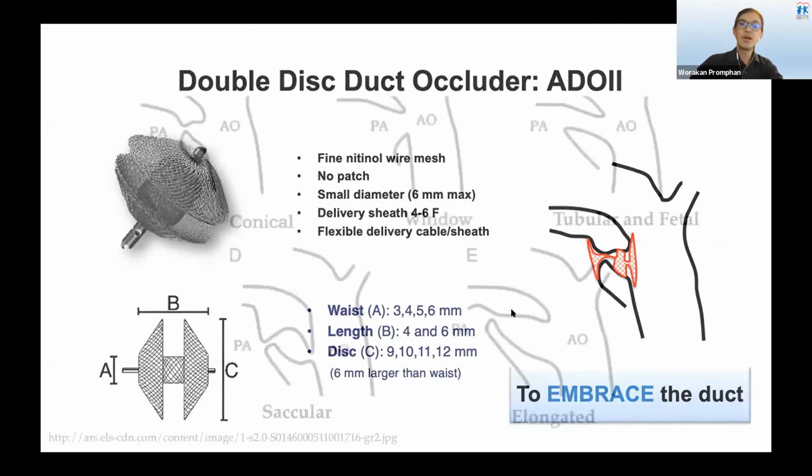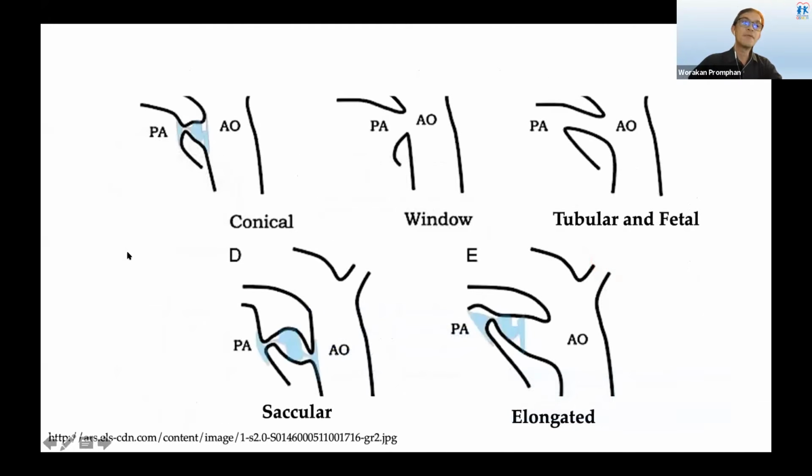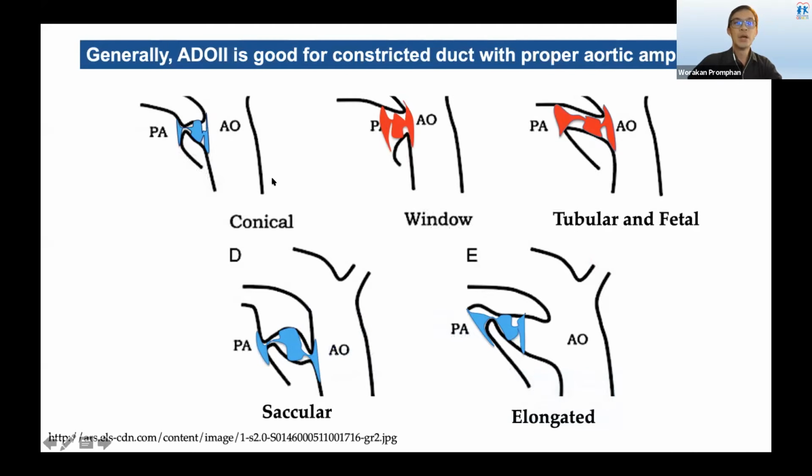What does it mean, embracing it? It means that if you use it for the conical one, saccular one, or elongated one, it should be fine if there's some constriction. But if you deal with the window type or the tubular type, it may sometimes not be very useful, especially if it's large and also very high flow. So AD02 is good if you can use it with a ductus having some constriction and also some length, especially